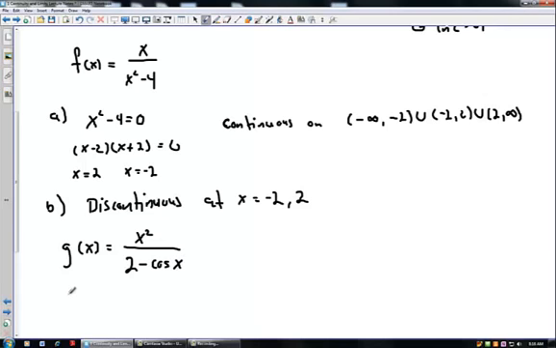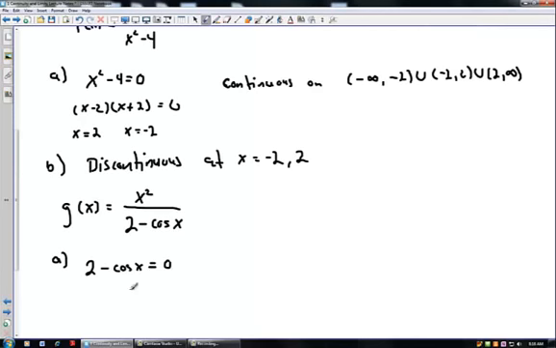And so on this one, on part A, I want to find where this function is continuous, where this formula is continuous. And so all I need to worry about is when this denominator is equal to 0, because there are no roots and there's no ln. So I want to figure out when 2 minus cosine of x is equal to 0. If you add cosine of x to both sides, that's when 2 is equal to cosine of x. And my brain sort of goes ding, ding, ding, because I know that the cosine of x is always between negative 1